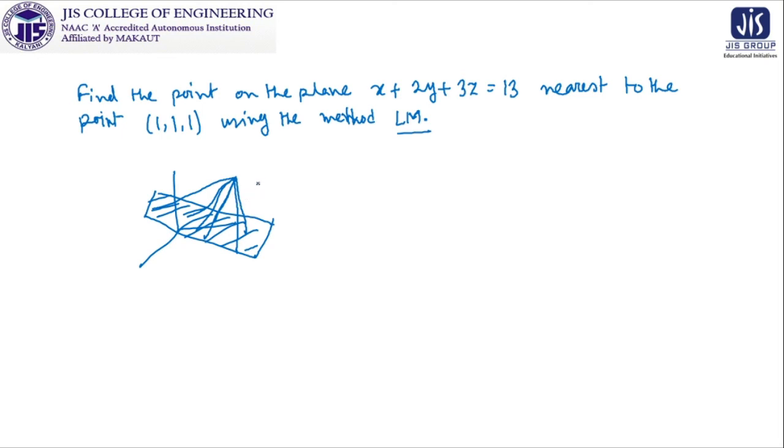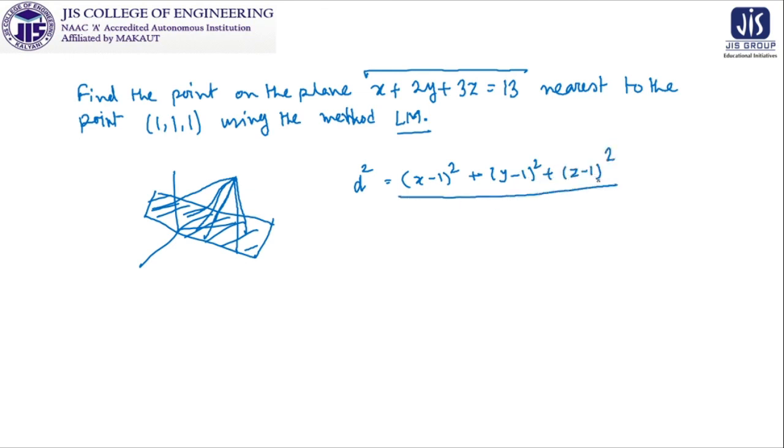So obviously before applying Lagrange's method, you have to structure the objective function, because here you got the constraint but the objective function is not given. But it is very simple that when you are trying to find out the distance, we know that if the distance is d, then d square will be x minus 1 whole square plus y minus 1 whole square plus z minus 1 whole square. So you got this particular thing as your objective function. Then the remaining part is as a stereotype, as we have already covered it up.